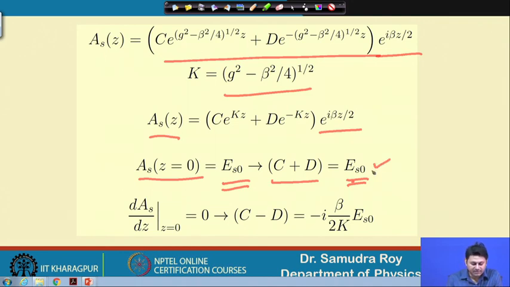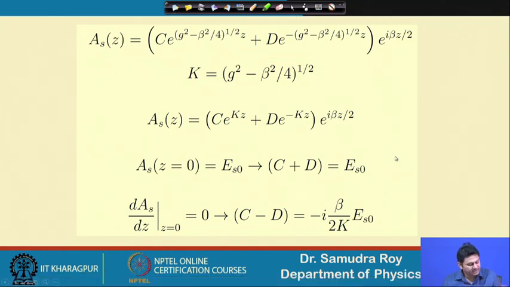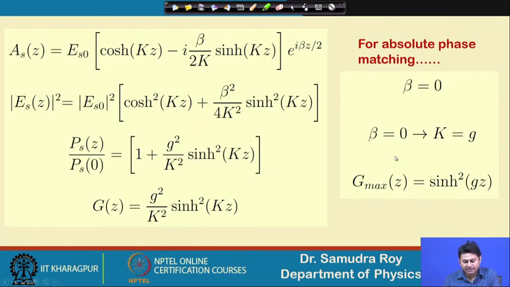The second boundary condition is that the derivative of this quantity is 0, because A_i at z equal to 0 is 0. So, that is why the derivative which is containing A_i, or rather A_i star, is 0. So, I will have C minus D this. So, I have C plus D this quantity, C minus D this quantity. So, with these two boundary conditions I can eliminate E and D. If I eliminate E and D, then finally